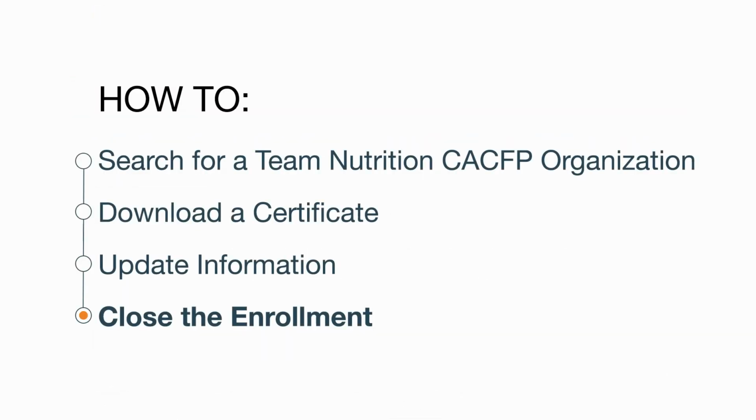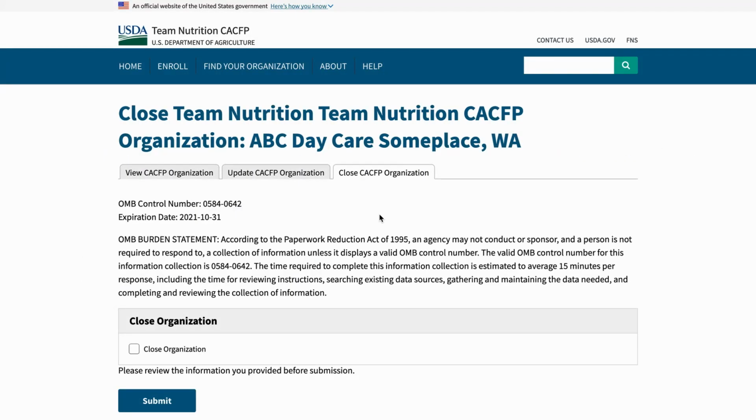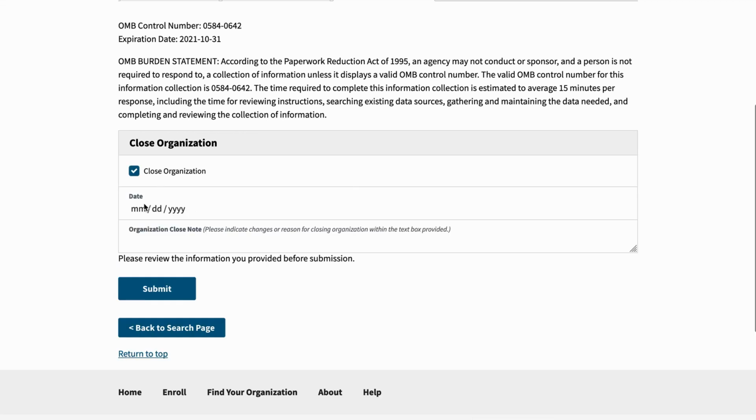And now let's see how to close a Team Nutrition CACFP organization. To close your organization, you need to click on the Close CACFP Organization tab right next to the Update tab after taking the same steps as previously shown to update the organization information. Check the box Close, add the closing date, and a note to explain the reason for the organization closing, and